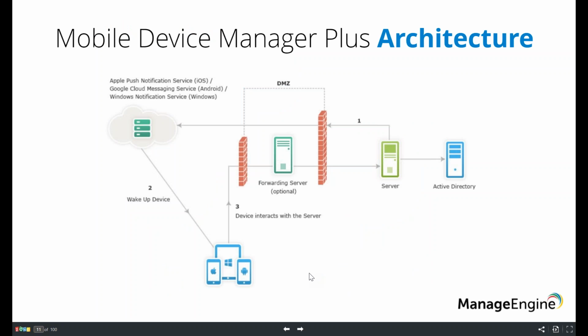Let us understand the high-level architecture of MDM Plus. This will provide you with a holistic view of how the product actually works. It consists of three main components, namely the server, the notification services, and the devices to be managed. The notification services are platform-specific with Apple Push Notification Service or APNS for iOS, Google Cloud Messaging Service or GCM for Android, and Windows Notification Service or WNS for Windows devices. As you can see here, the server doesn't directly contact the device. Instead, it communicates with the notification service, which in turn wakes up the device, after which the device directly interacts